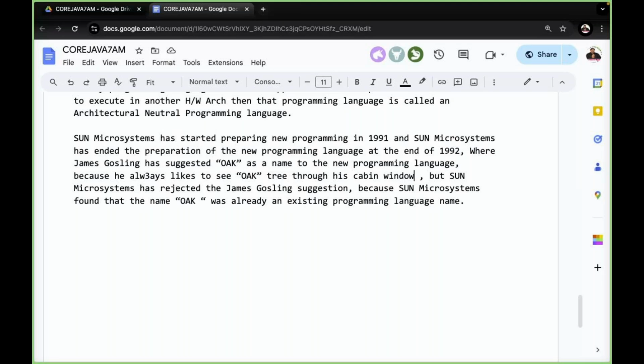Because of that reason, he thought of it. He wanted to give that particular name to the new programming language, but Sun Microsystems rejected that opinion. Understand it clearly, right, sir? Good. So later, what I am telling is,